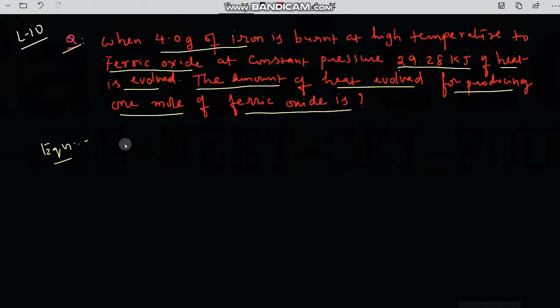We will see. We have iron, that iron with oxygen giving ferric oxide, that is Fe2O3. This gives some heat energy in kilojoules. So if you write 2 moles of it to balance these irons, then this is to balance the oxygens, it is 3 by 2. Okay. So in this reaction